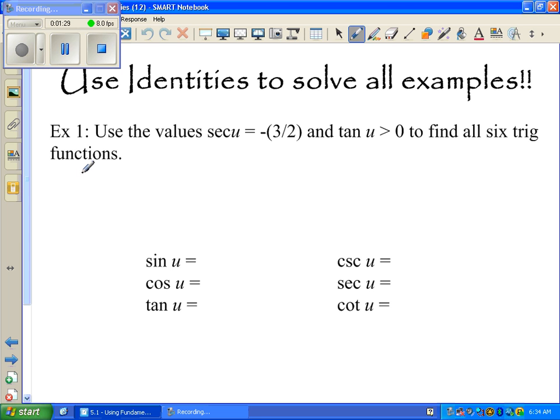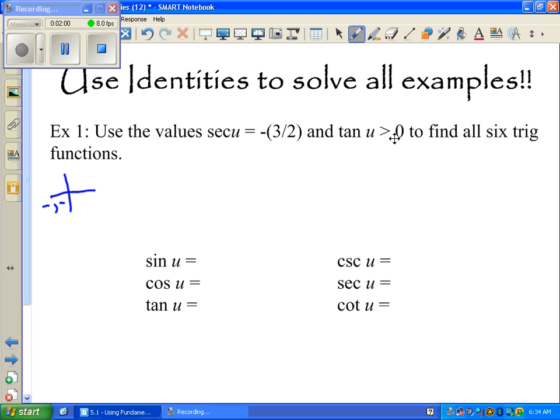We have that secant u equals -3/2, and our tangent is greater than 0, and we have to find all 6 trig functions. This means that our cosine is negative, and since our tangent is positive, that's going to put us in the quadrant over here. So our cosine will be negative, and our sine will be negative, and that will make our